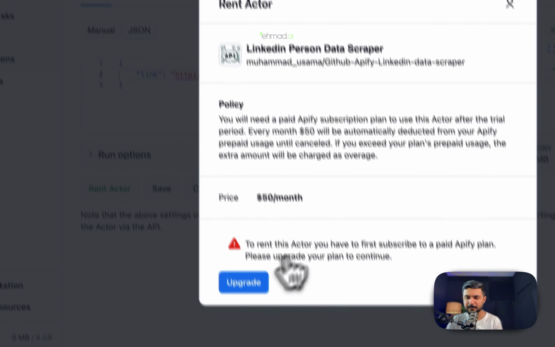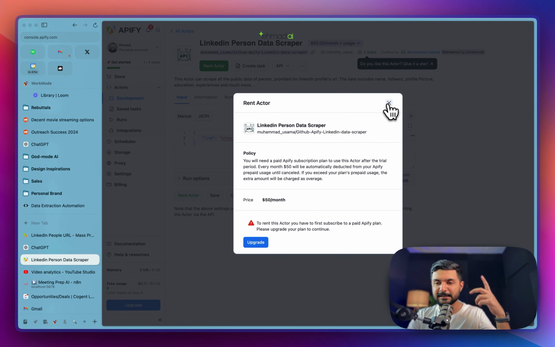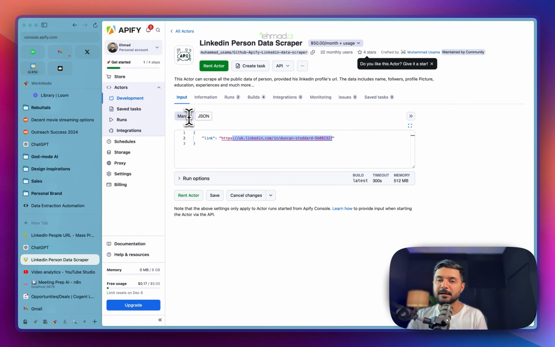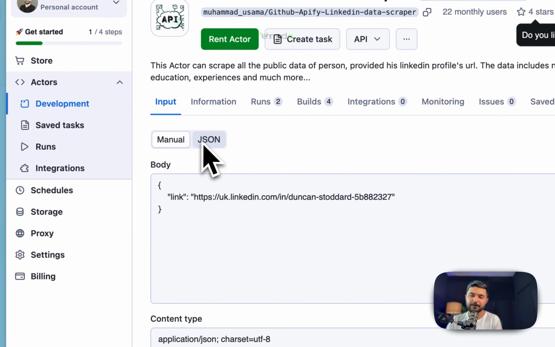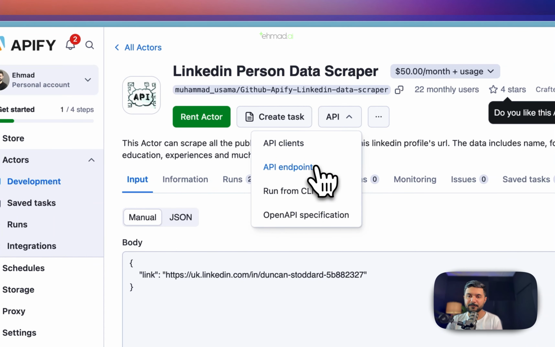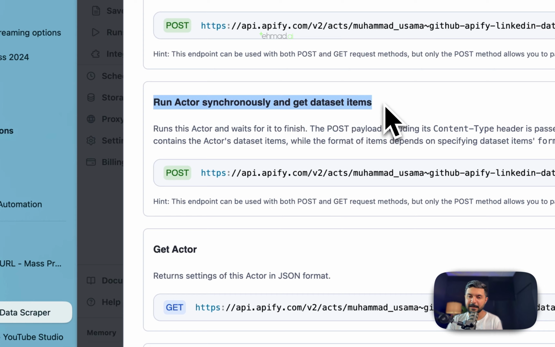let's just try and run actor. Oh, I've exhausted the limit, but it is still accessible in my API. So basically, if you were to do the same thing over here, you would get the response on the right. And all you need to replicate this is just again do the same thing. Go to API endpoints, scroll down, run actor synchronously and get dataset items. Copy this endpoint,